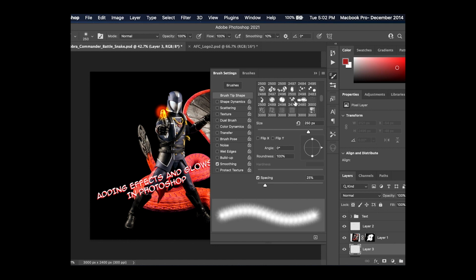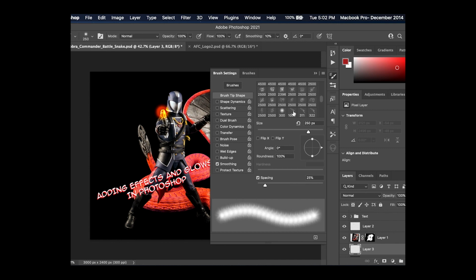All these brushes do different things. By the way, these are like bubbles. So if I'm doing an underwater scene, I can select one of these bubble brushes and paint bubbles into the shot. There's different ones that'll actually look like it's raining. All kinds of different brushes you can find online, and you can save and download and then install them into